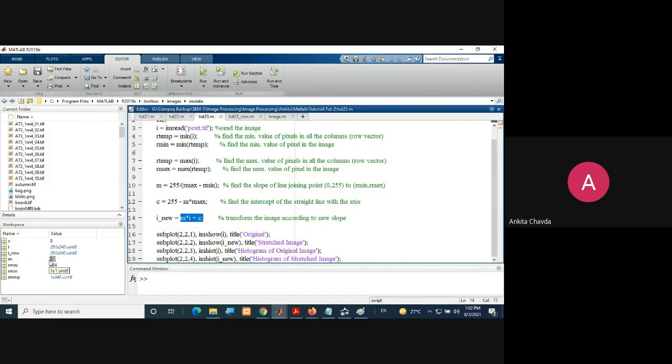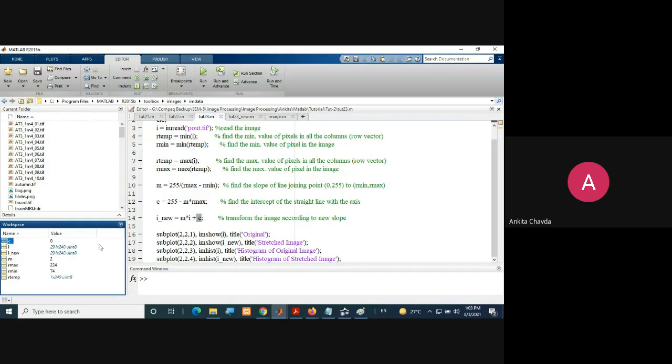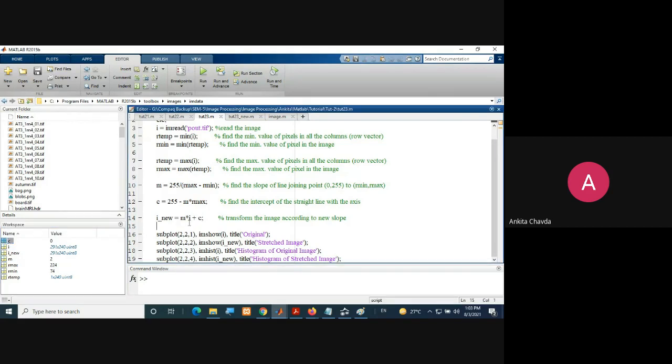In some cases, if you find an image online and it is already a high contrast image, your slope value will become 1. So 1 into whatever it is plus the intercept, which generally is 0, and in our case also it is 0. It means no change in the image. Then you will ask, madam, here the new image is also very similar and the histogram is also similar.